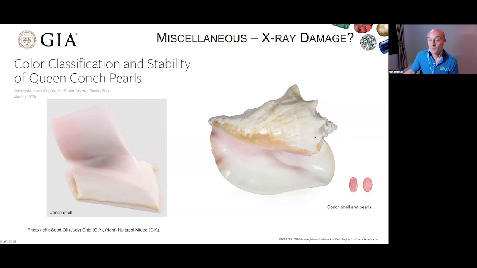However, conch pearls are something we have to be pretty careful of in the lab. And over the years, at GIA, we have our protocols. We know exactly how to handle conch pearls, so there's no harm to them when they're submitted. But if you don't X-ray them correctly, there is a chance that you can change the color of conch pearls to a slightly more bluish tint. But as I said, it's something that we're well aware of, and there's no real concern as far as testing in the lab is concerned.